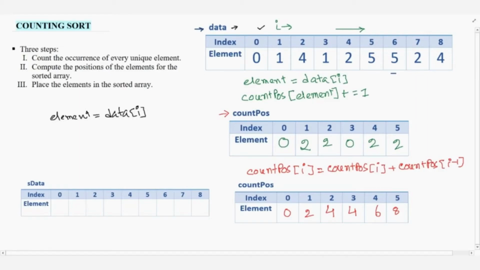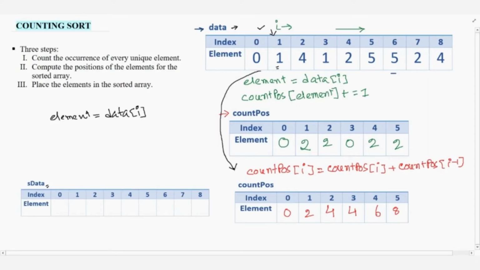For example, we are considering data 1, and we want to place the 1 in the sorted data array. So in our sorted data array, where will we place the 1? We need to find the position of 1. So the position of 1 can be found from this array.